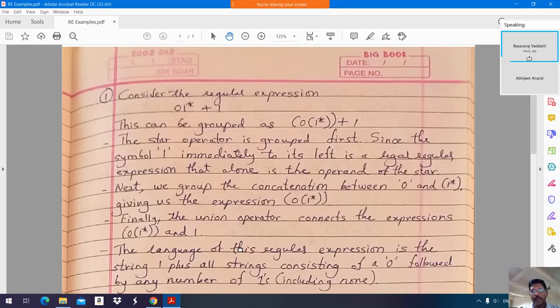Similarly, how we have written a DFA or an NFA or an epsilon NFA for a given problem statement: write a DFA to accept so and so string. In a similar way, we also wrote the regular expression for the given problem statement in the previous class. May I know any doubts in that? Is there any clarification in that?